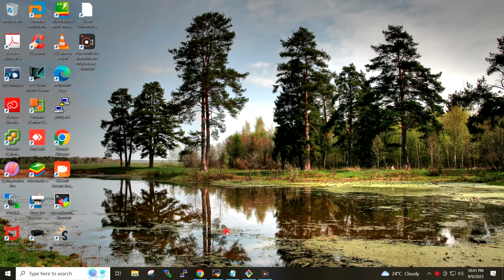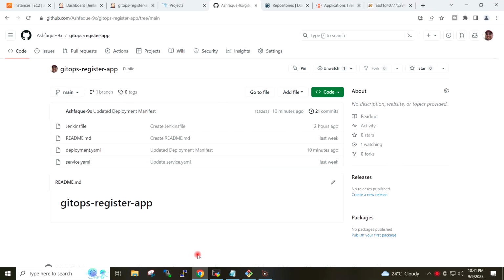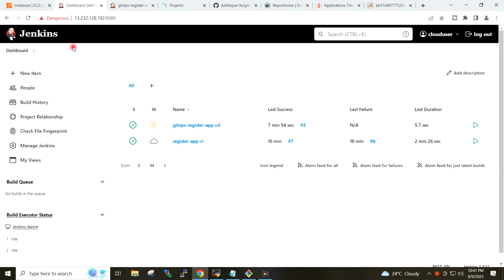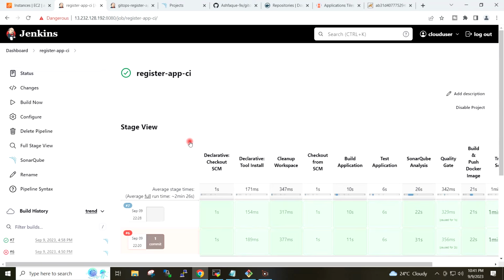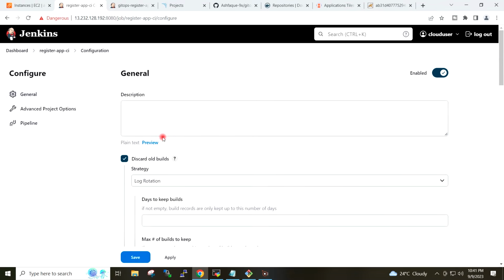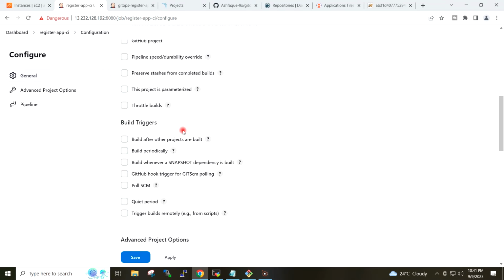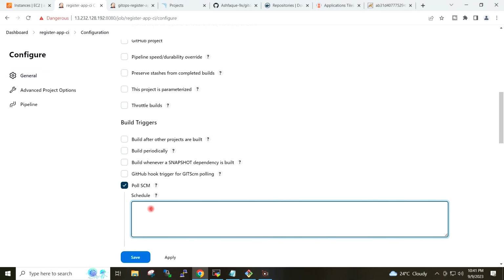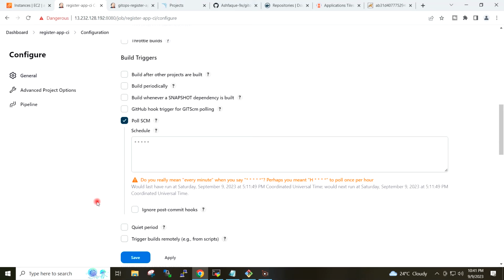Before I verify my CI/CD pipeline, I will set the trigger in my CI job. So I will go to my Jenkins CI job, configure. Under the build trigger, I will click here poll SCM. I will provide the schedule, which is actually every minute.